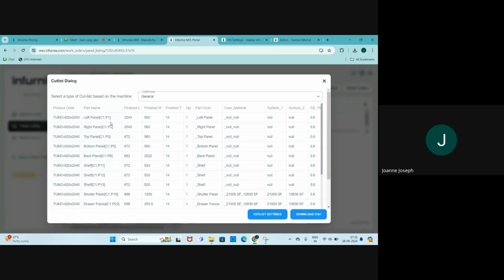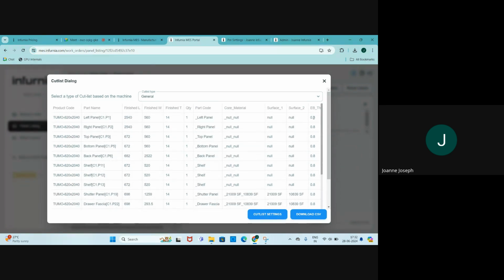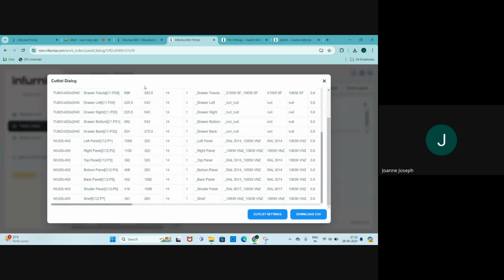So of course, now you have your cut list, which is quite similar to the cut list that you generate even in the design portal, along with product code, the part name of the panel, the finished dimensions, the code. You'll also be getting the edge band thickness and so on. If you scroll to the bottom only, you'll be able to